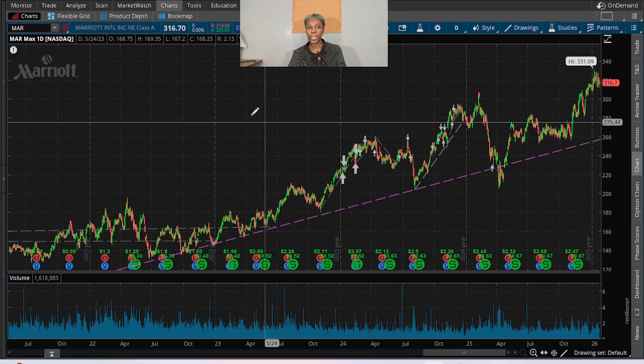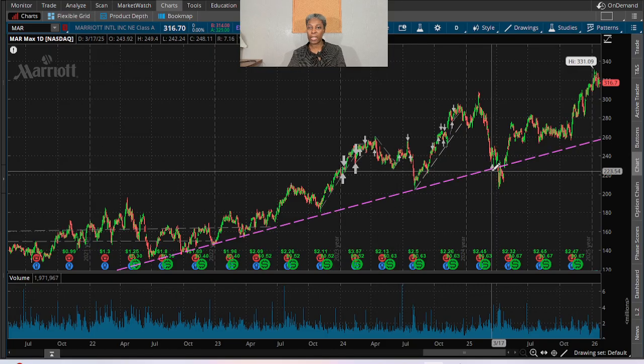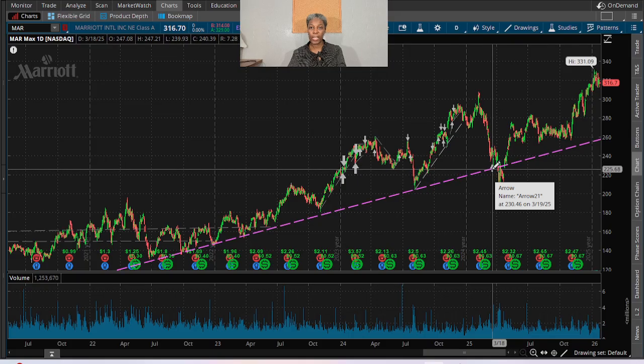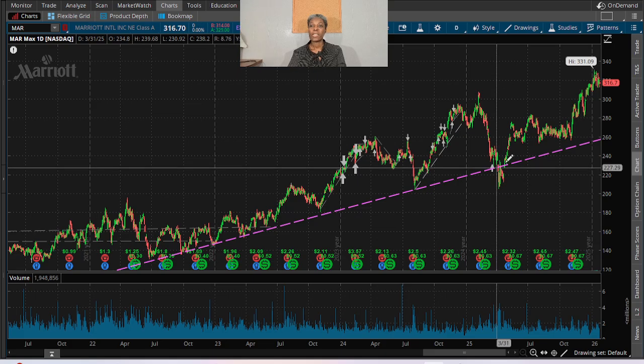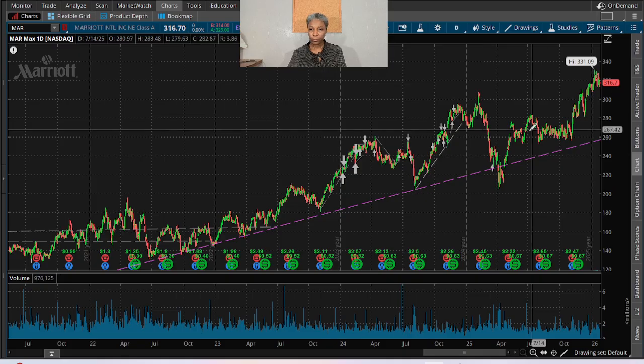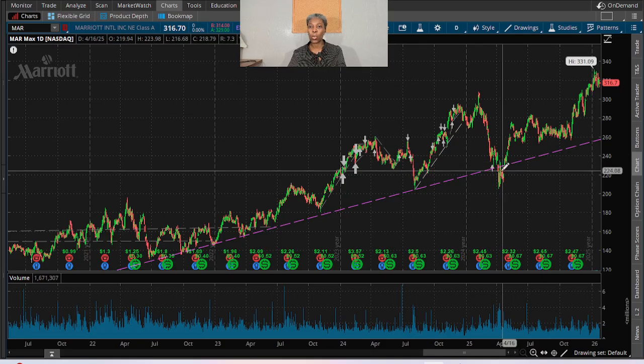When we are looking at it right now, we see an arrow there stating that we bought it. So we bought it in 2025 here, and I have not sold it yet. So I should be thinking about, is it the time to sell it? By looking at it though,